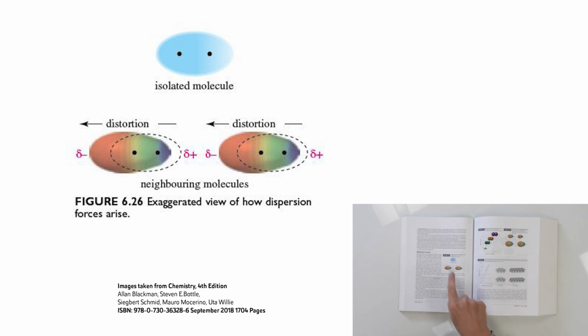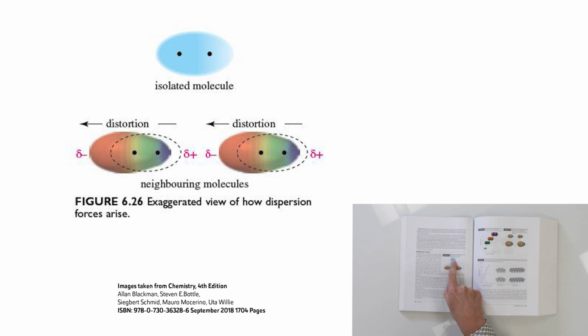So let's imagine that a molecule of this now comes up to a molecule of that as well. So two of these molecules are now going to come up and come close to each other. Now, what have we got? We have got a positively charged nucleus here, which obviously is attracting the electron density in this molecule, but it can also instantaneously attract some electron density in a neighboring molecule. And when it does that, it's going to pull that electron density towards it a little bit,